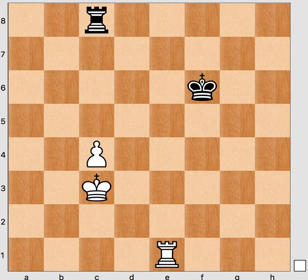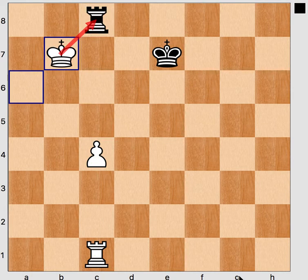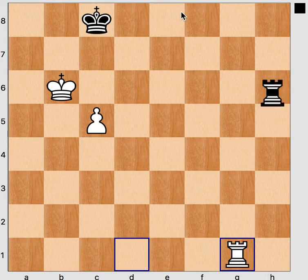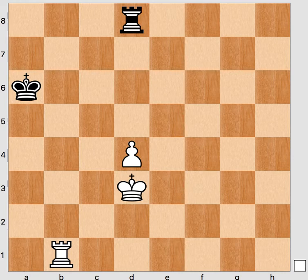And again, in this position here, this resource is not available, because here the rook cannot move to the left side to give checks, so the rook can only move to the side here, and then Grigoriev's method allows us to win. Okay, so that's why in this position here,